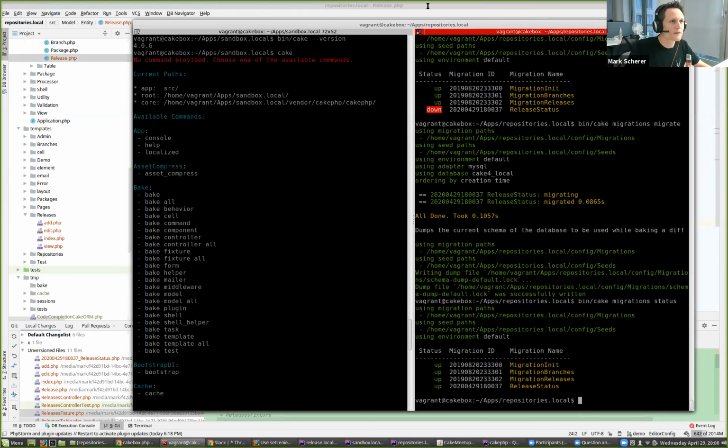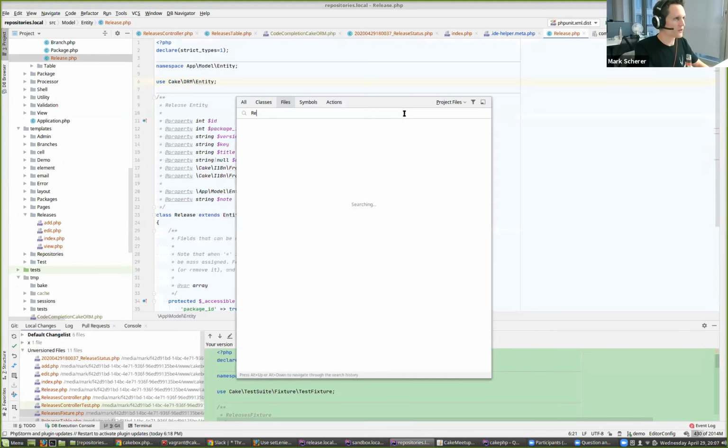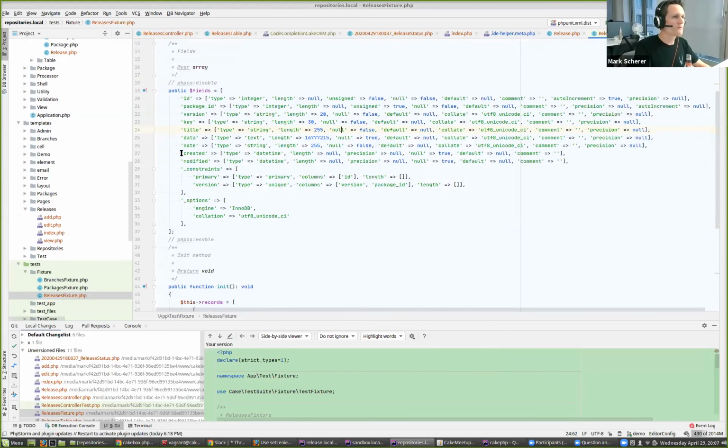But if you modify your stuff, you should always modify two things. A, the fixture. So release fixture, the first thing that you should do is also updating that one and adding in here the field, because you want to make sure that your tests are operating now with this new field in place. Otherwise, your tests might be green, but your application on production will fail. So this would be the first step to add. And the second would, of course, then be